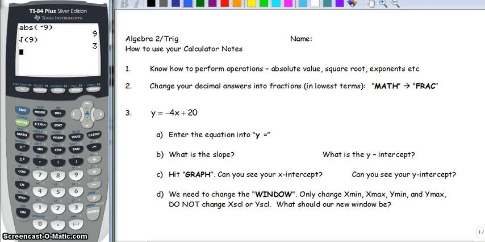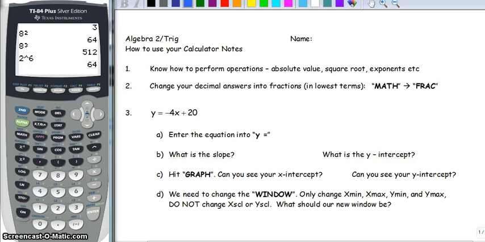Exponents. If you want to do an exponent, we know if we want 8 squared, we can go ahead and hit the shortcut button. And we can get 64. If we want to cube something, let's say 8 cubed, we can hit math, and you can see that we've got the little 3 right there, number 3, and we get 512. You also can do anything above 3 you don't have a shortcut button for, so let's say we wanted 2 and we wanted to raise that to the 6th power. You need to use the caret button, which is right underneath the clear button,